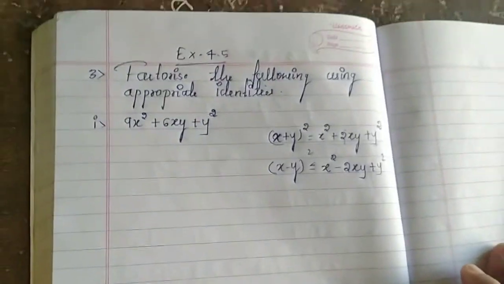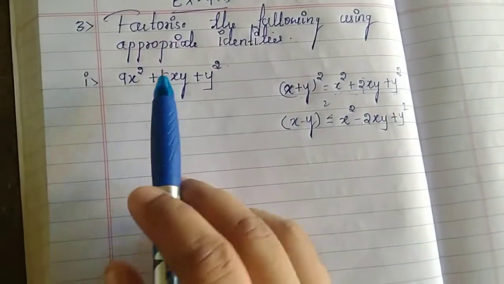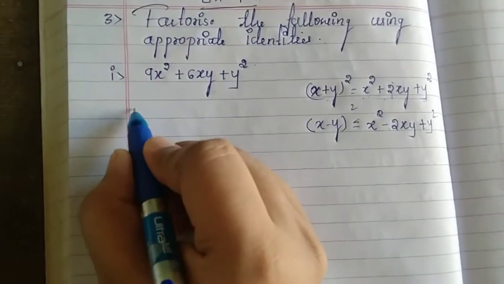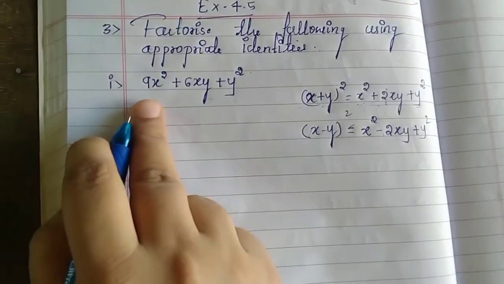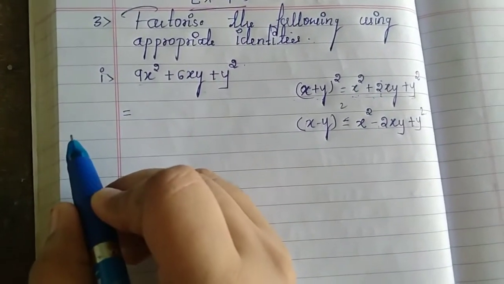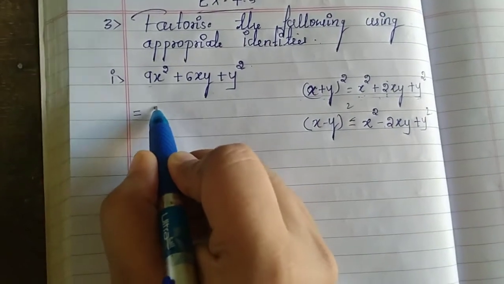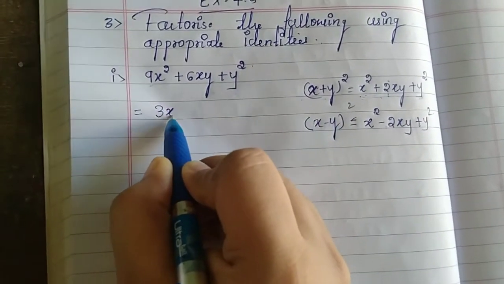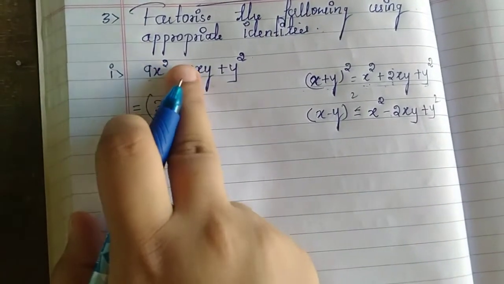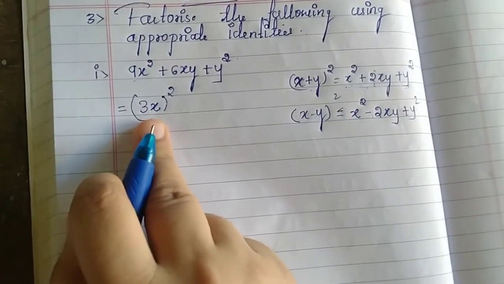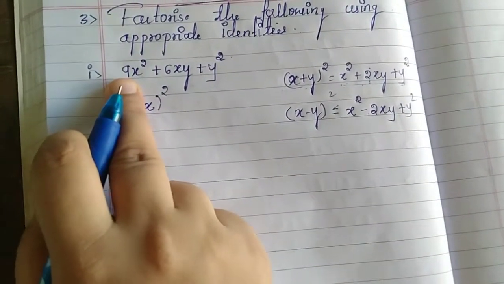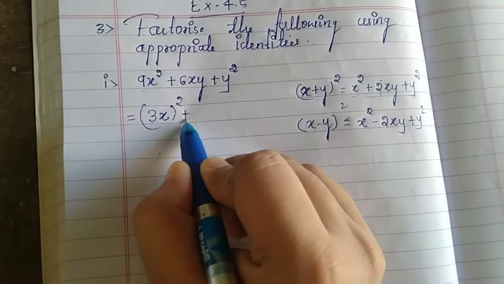Now your first step is you have to simplify this. First, how do you simplify? You have to write this: 9x square is there, right? So 9 is the perfect square of which number? You can see here, 3x the whole square. So we can write this 9x square as 3x the whole square, isn't it? When you split this bracket, again you get 9x square only. After that, again plus.